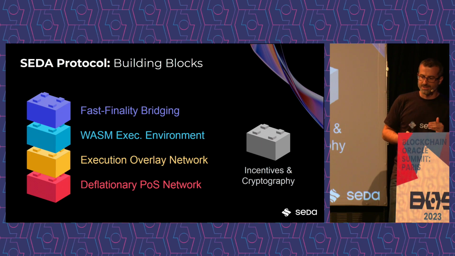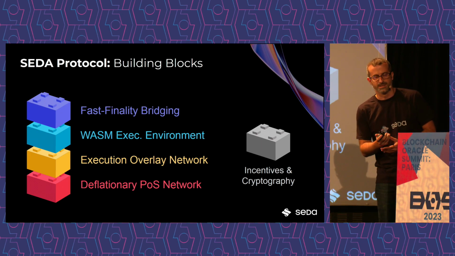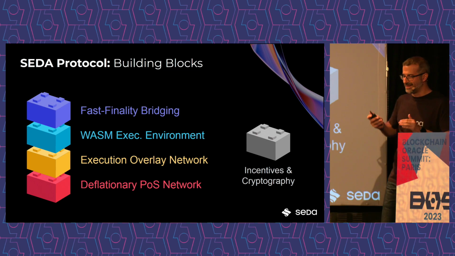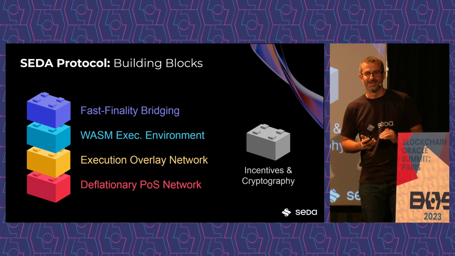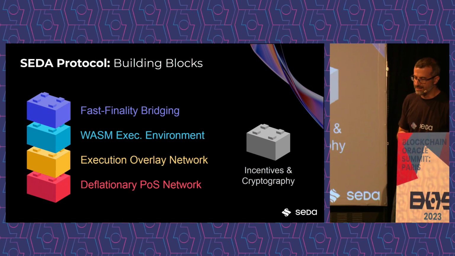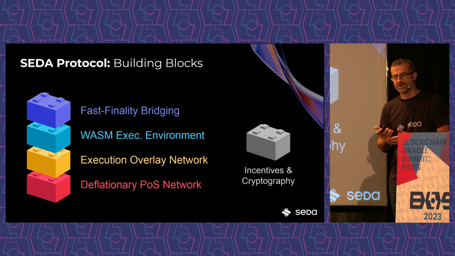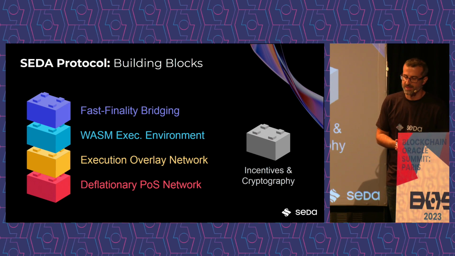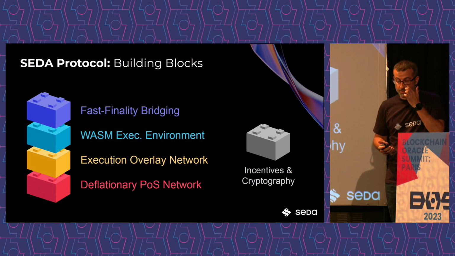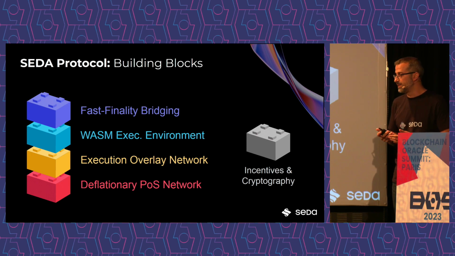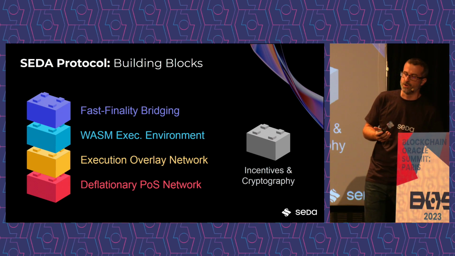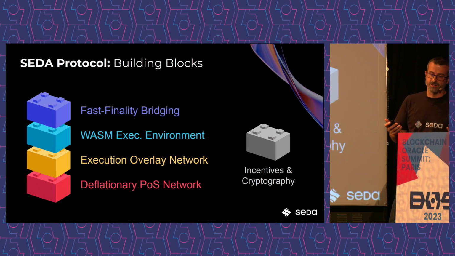The last building block of the stack is the fast finality bridging. We built this amazing stack, but if it is really performant, we also need the last building block to be really fast. And because I'm a researcher and an engineer, it was mandatory for me to include another building block, shared by all the components: economic incentives and cryptographic mechanisms. For example, for these secret random committees of the execution overlay network, we need a cryptographic sortition, which is done, for example, through a verifiable random function.